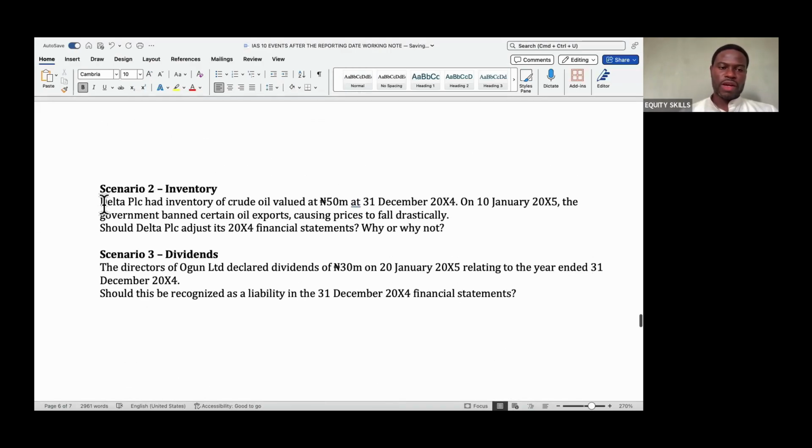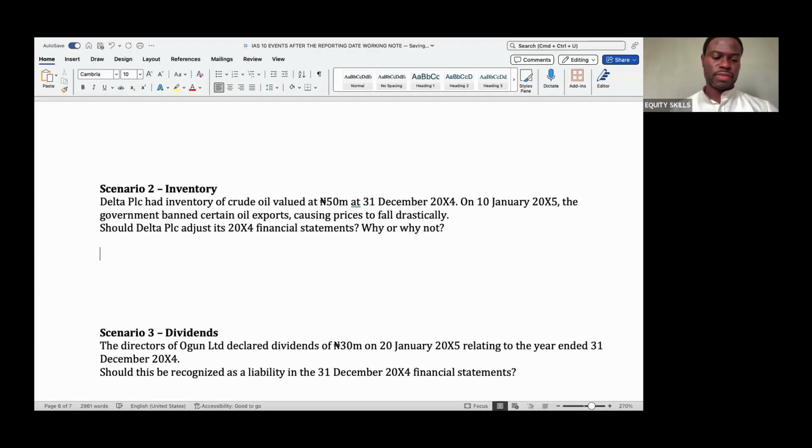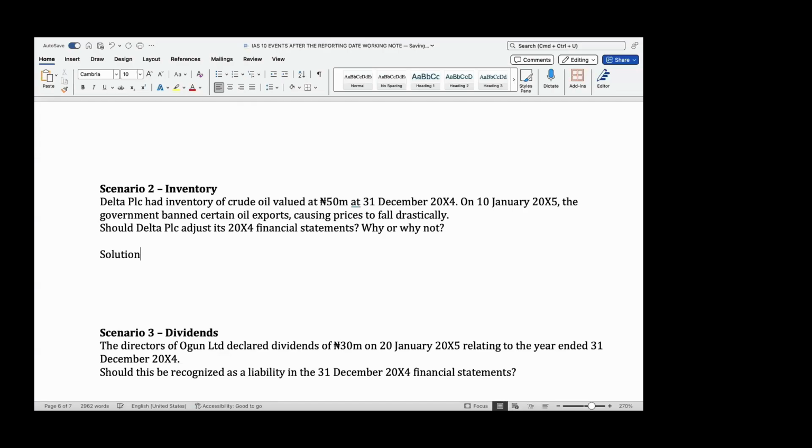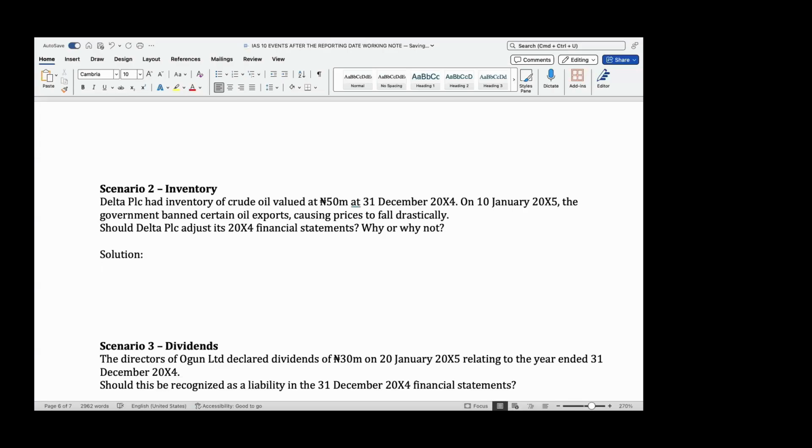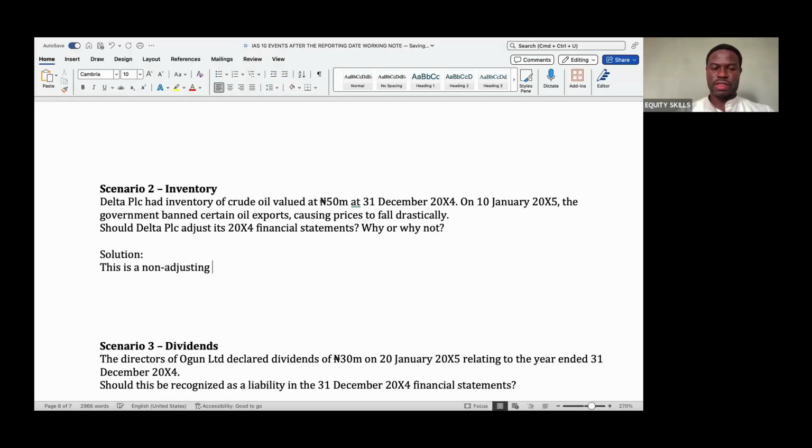Also, we have Delta PLC, which had inventory of crude oil valued at 50 million at 31st December 2004. On 10 January 2005, the government banned certain oil exports, causing prices to fall drastically. Should Delta adjust its 2004 financial statements? Why or why not? Non-adjusting events. Cannot adjust, sir. They cannot adjust because this event happened abruptly. It is not like we have been experiencing it in the previous year under review, sir. So this is a non-adjusting event